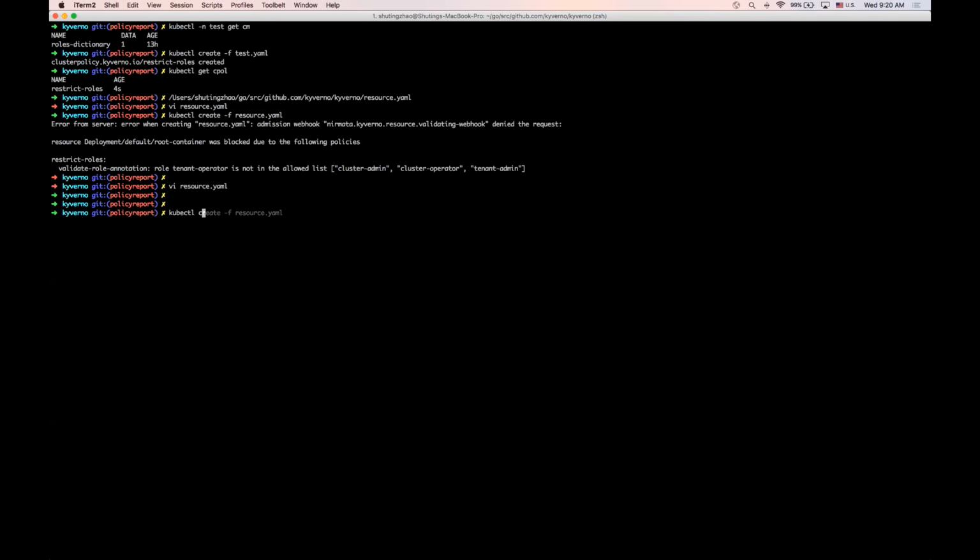And then try to create that resource again. Okay, so now this time you can see the deployment got successfully created. So there are no restrictions on the roles, and this is how this config map lookup works. And in more cases,